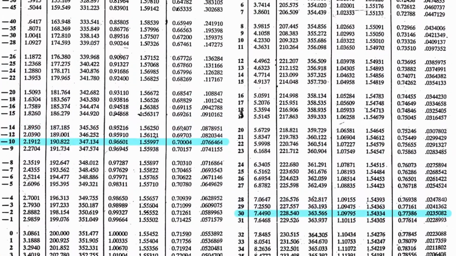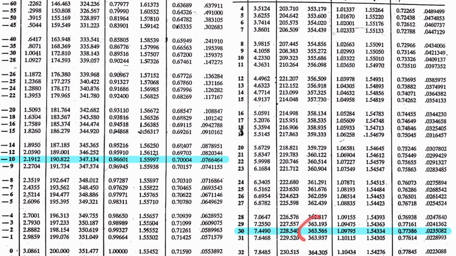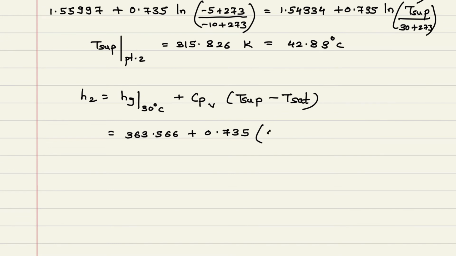So this is 30 and we have to read the Hg value, which is 363.566. Okay, Hg at 30 degree Celsius is 363.566 plus Cp of vapor 0.735 into T sup for point 2, just now we calculated 42.83, minus